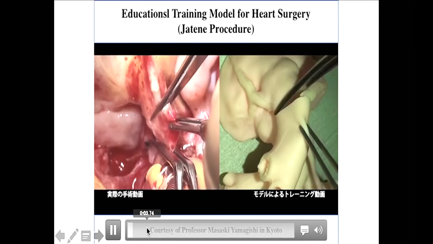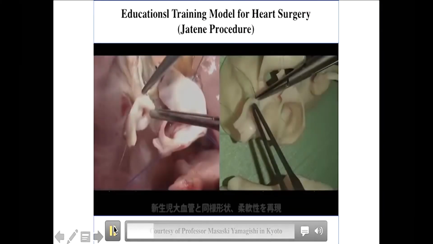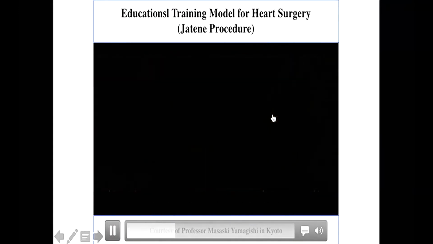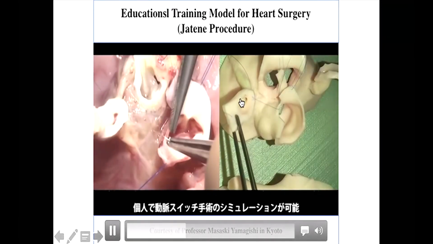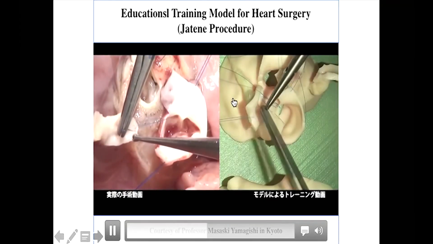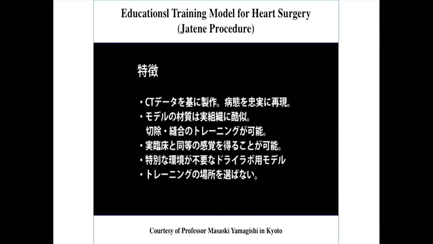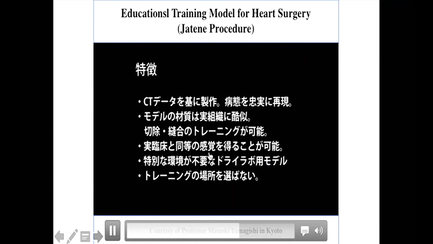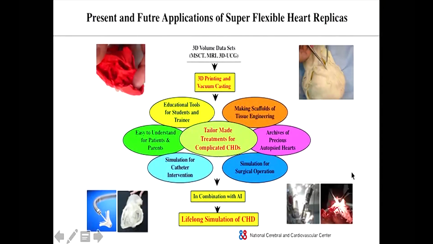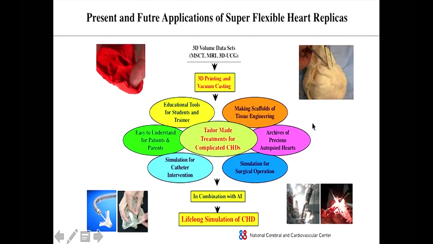We also make a training model for the young surgeon. This is a training model, very cheap, like $100. Good for surgical simulation of the Japan operation for complete transposition of the great arteries. Sorry, it's in Japanese. So for the present and future application of those super flexible heart replicas, we are able to